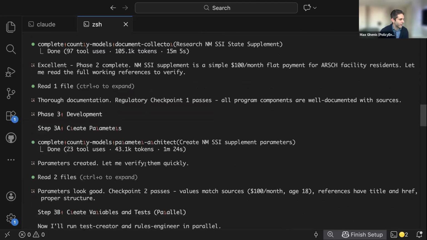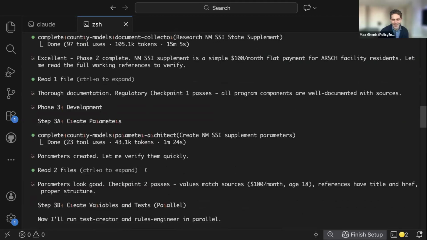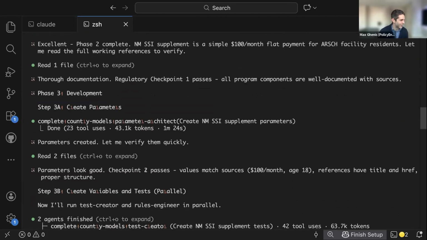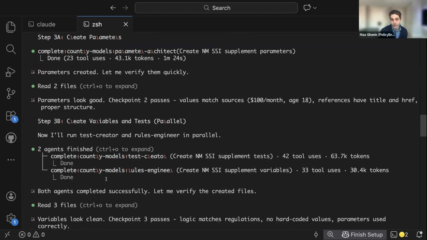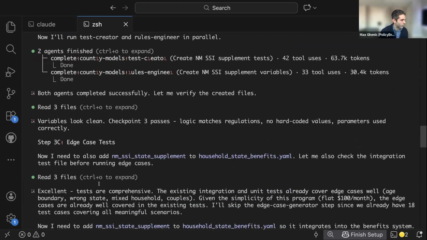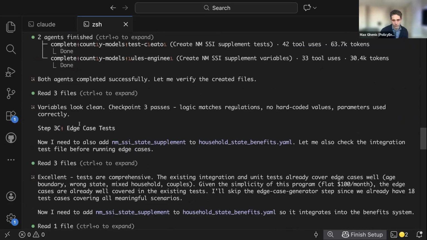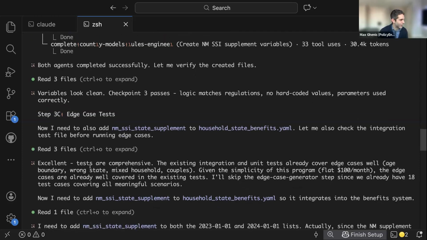Now, sometimes if you have too many of these open, which I have another window of, some of the text gets a little corrupted. But it's now pulling in the encodings. There are first the parameters, the variables, and the tests. But critically, it has a separate agent for the tests. Those are all happening in parallel, the edge case tests and also the main tests. Ziming, please correct me if I'm getting any of this wrong as we go.